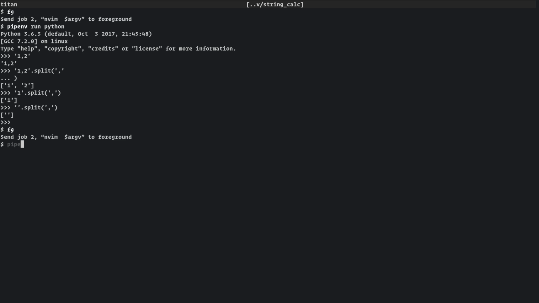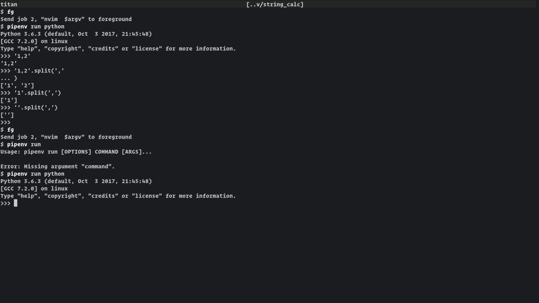Pipenv. No. So fish shows me the commands, but it doesn't let me run them. So, okay. What was I going to show you? Yes, the sum. So sum of a list of 1, 2. So this list is going to be the result of that loop that we're doing. So it's going to be the numbers. So this is going to give us 3, right?